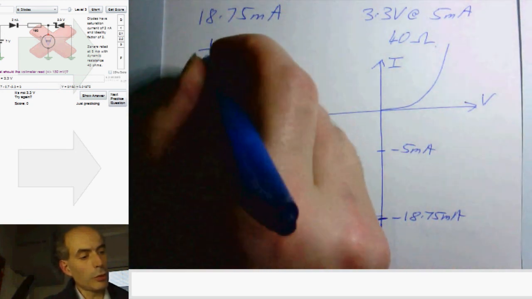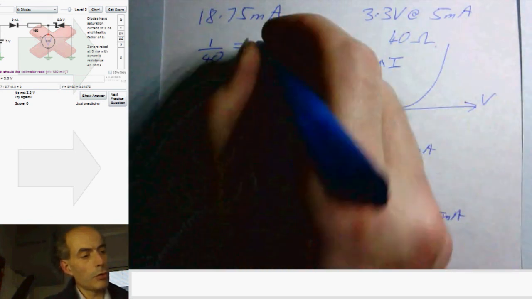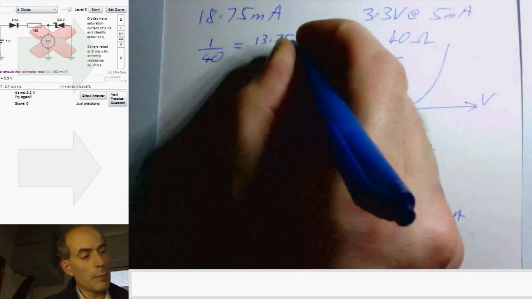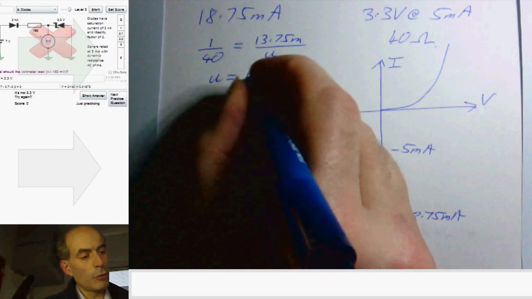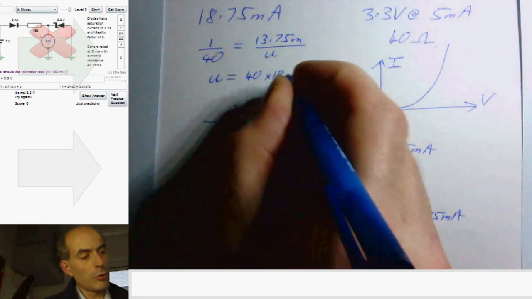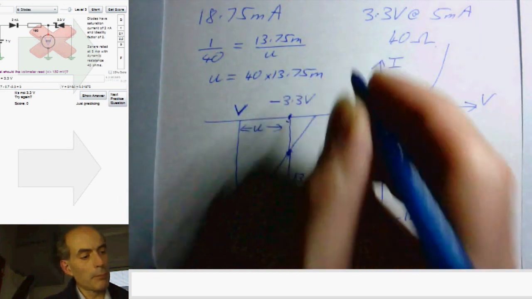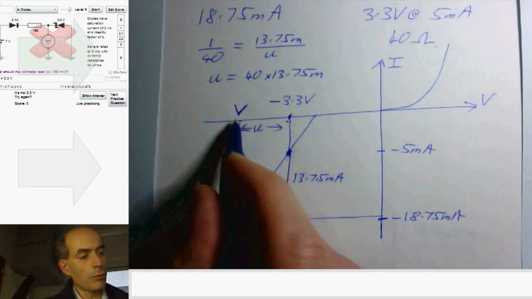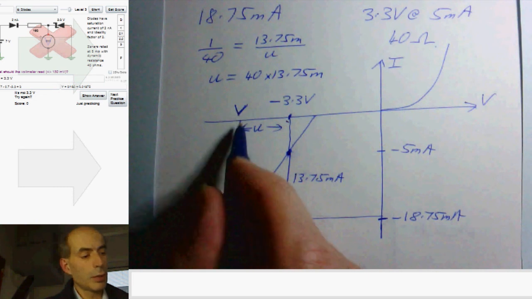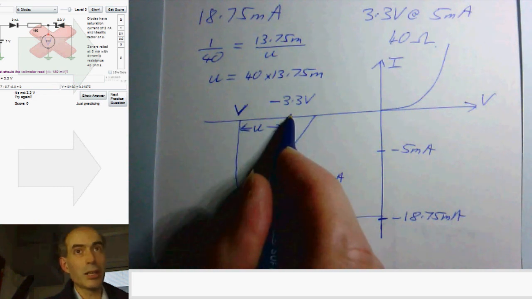So 1 over 40 is 13.75 milli divided by U. In other words, U is 40 times 13.75 milli. And that's the amount by which the breakdown voltage of this Zener diode in this circuit exceeds its rating of